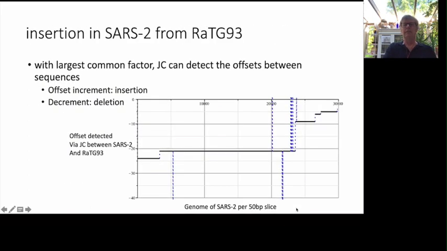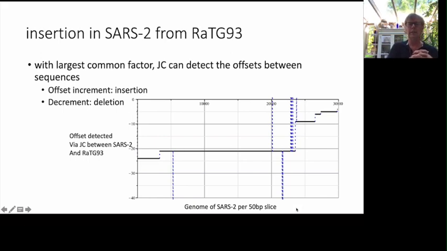Extremely well. In fact, we can use joint complexity to detect, since they are matching so well, that sometimes there are substitutions, but sometimes there are insertions or deletions. And joint complexity can detect when there are just substitutions or when there are insertions. To do that, instead of enumerating the common factors, you just detect the largest common factor, and the relative position gives you the offset between the sequences, and this is the actual figure of the offset obtained by comparing the largest common factor.